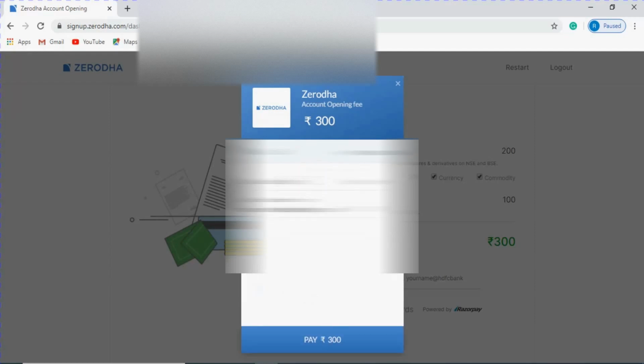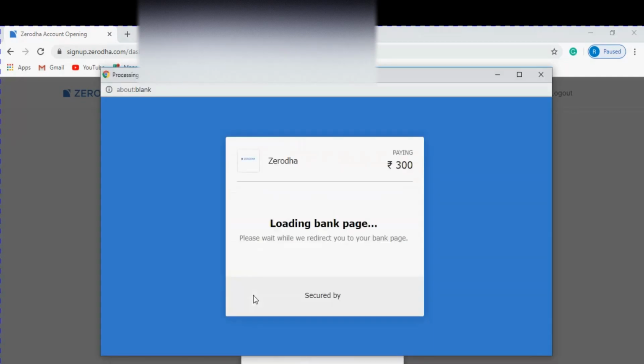I'm just entering my card number and all the details for the payment, like the CVV number and all. Once I have entered all the details, I click on the pay button.